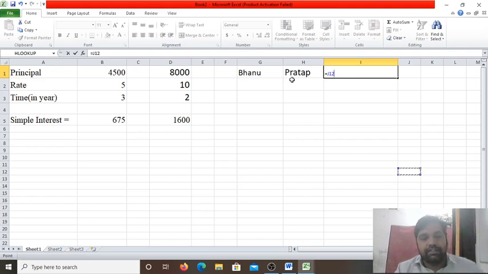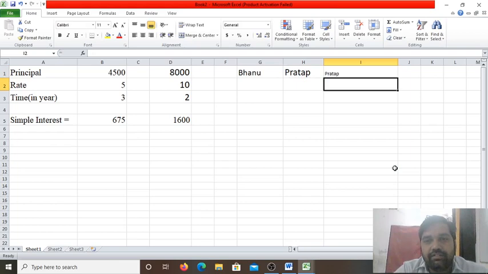Next, after that, I will use the ampersand symbol for the concatenation. So this is the ampersand, and again I will point on this second text value here, H1. Now after that, I will press the enter key and you will see these two strings will be added. That is called concatenation, done on the two text values present in the cells G1 and H1. Enter.